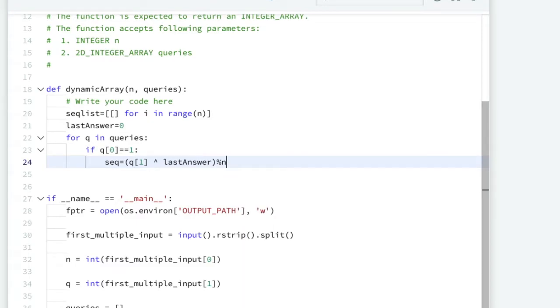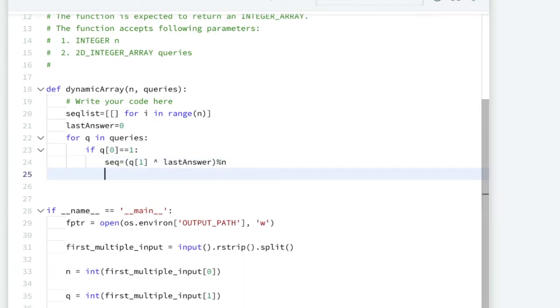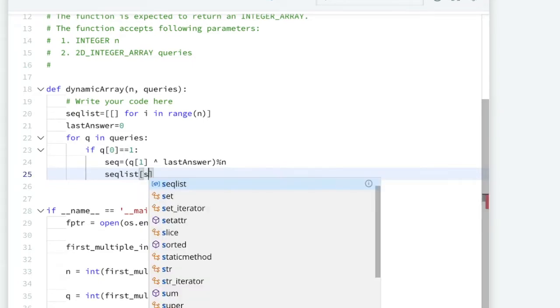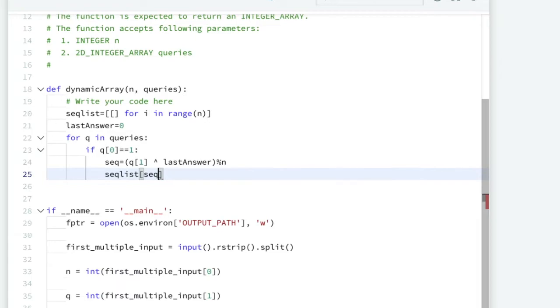Now we have to append the value y at this sequence. So sequence list and the value present at that index, which is sequence.